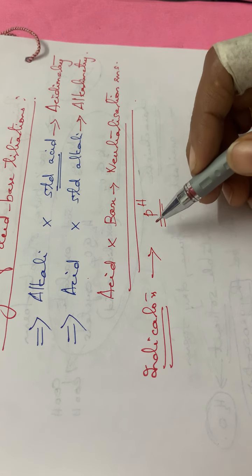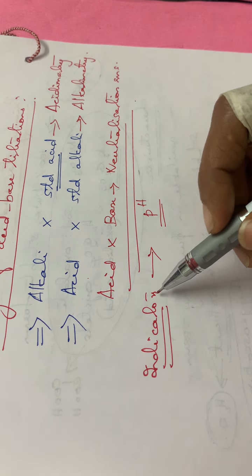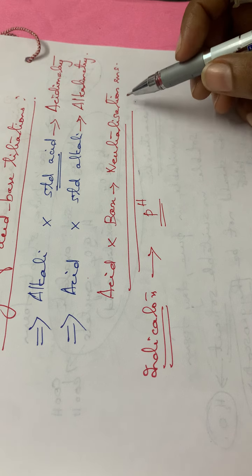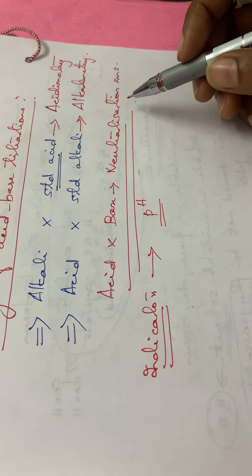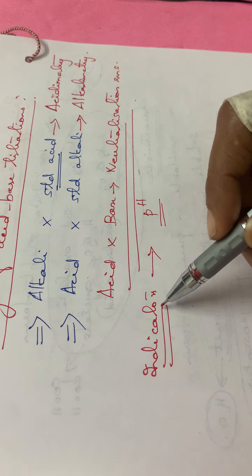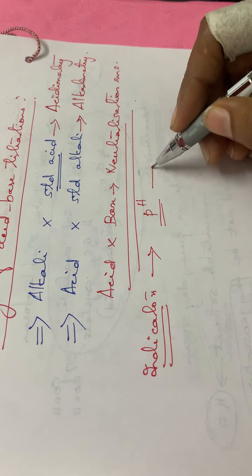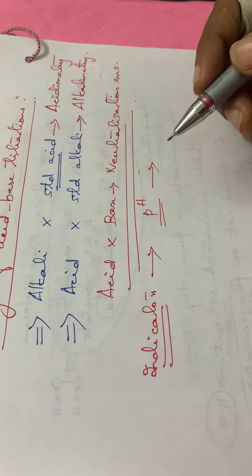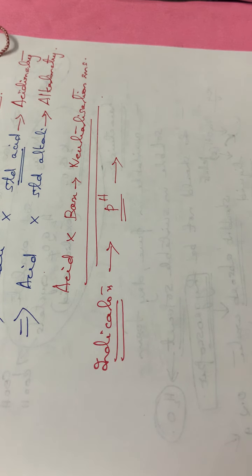These indicators are used for noting the visible change of the neutralization. Otherwise, if we are not adding the indicator, we cannot know whether the reaction is completed or not. So we have to have a visible change in that particular reaction, otherwise we will not notice the end point. So for noticing the end point, we are adding indicators. Many indicators are there, and they are pH dependent. That means they show color variation within a particular range of pH. I will tell you some examples of these indicators.